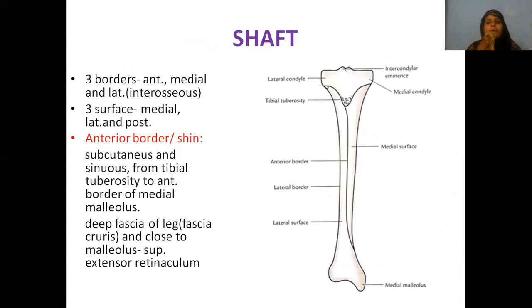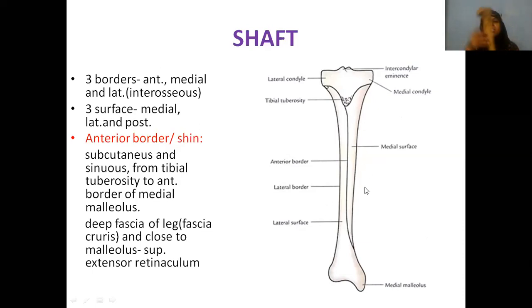Now we are very much clear with the upper end, beta. In the upper end we have the superior surface, intercondylar area, tibial tuberosity, and on the lateral aspect there is an articular facet. For what, beta? For the head of the fibula, for the formation of the superior tibiofibular joint. On the lateral surface of the lateral condyle, we find an articular facet for the head of the fibula, where you see the articulation of the superior tibiofibular joint. Now coming to the shaft.